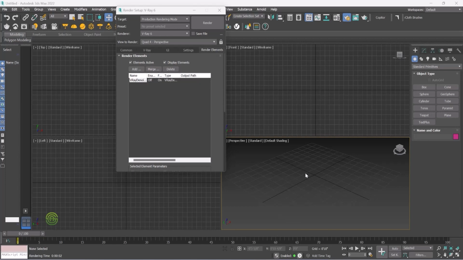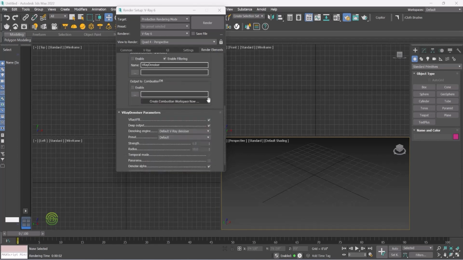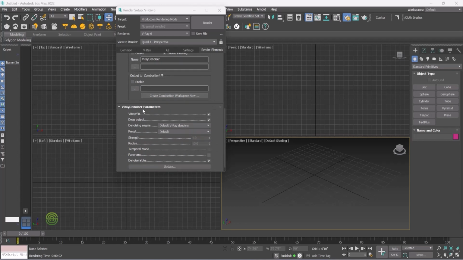Okay, guys, now let's continue. Here, one more thing that we have to change is in the render elements, in the V-Ray denoiser, the denoising engine should be the default V-Ray denoiser. And the next thing, in presets, just change it to strong. Once done this,